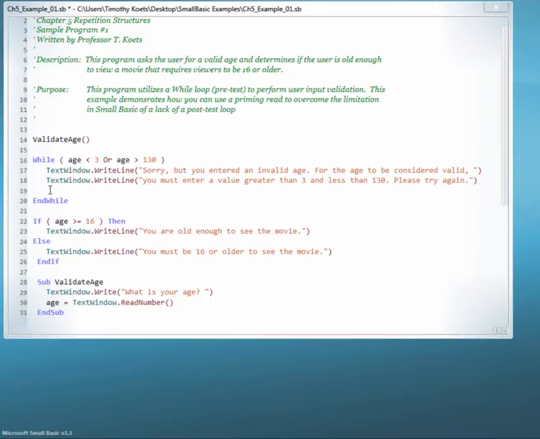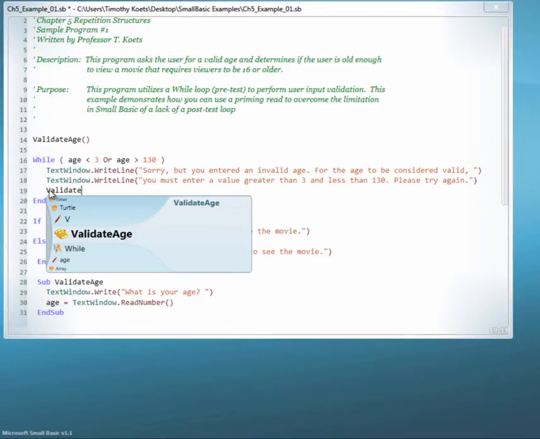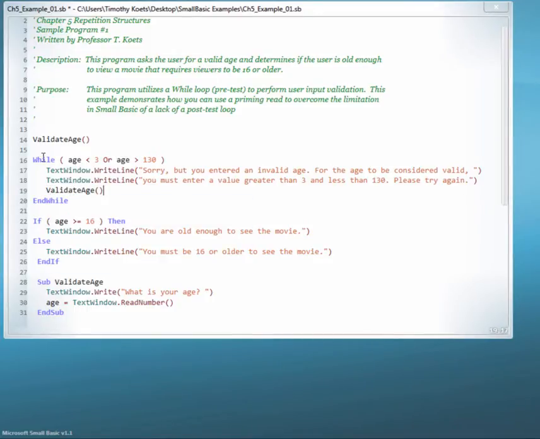And I would also put validate age there. So, and if I run it,